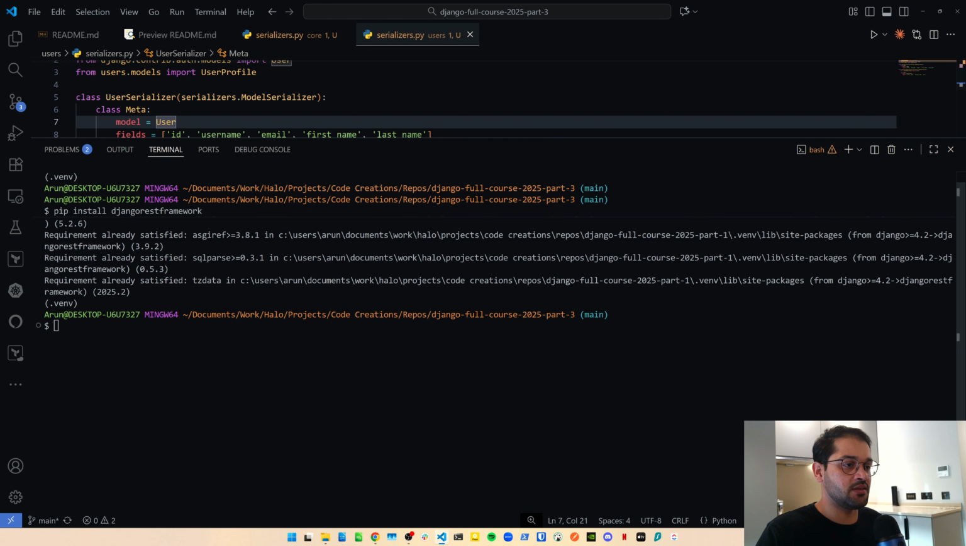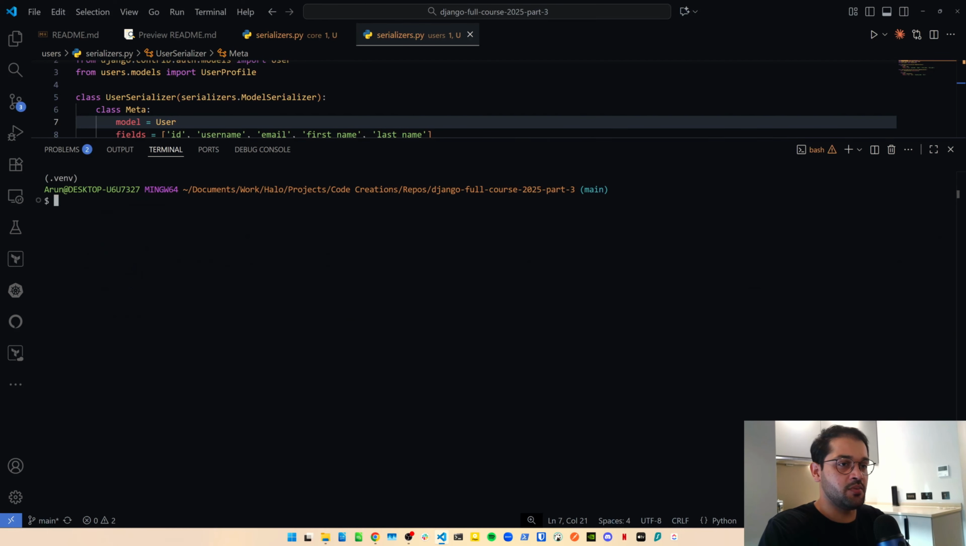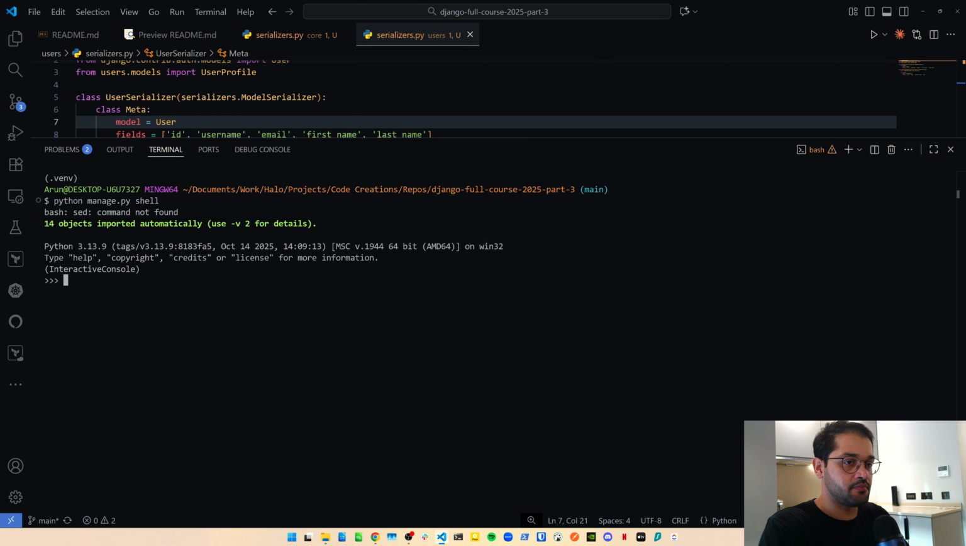Okay, so let's start with the user serializer. Let's clear the terminal here. First of all, let's import our models from our user app. So we want to open up a shell first. Now, from users, models, import user profile. Now let's import the serializers. So from serializers